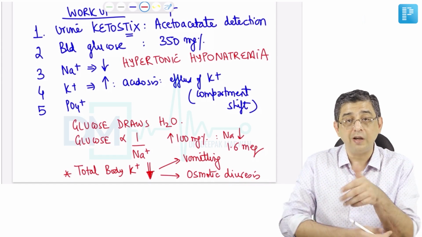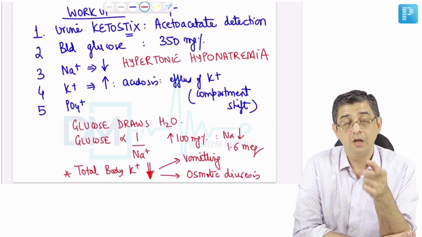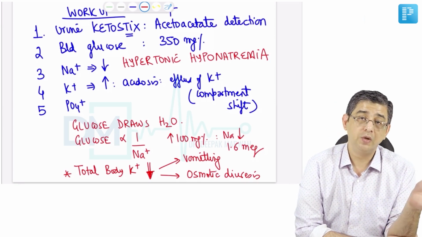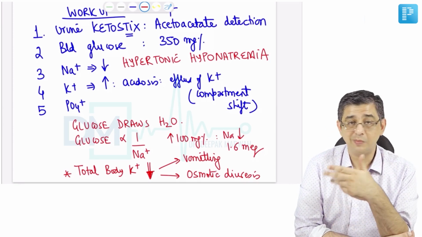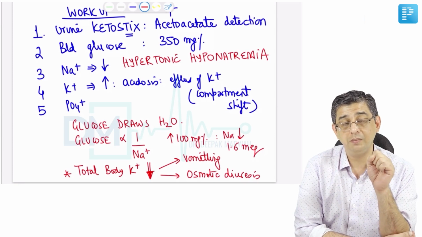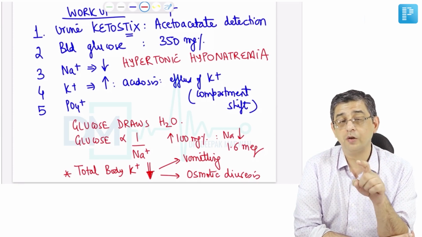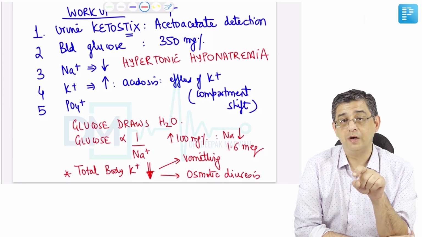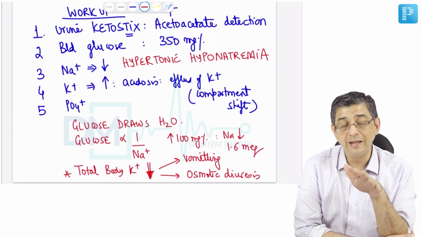And why are we studying this? The importance is, when we will treat the patient, that is when the potassium will start going inside the cells, because when you correct the acidosis, potassium goes inside. That can cause hypokalemia. Hypokalemia can trigger arrhythmia, torsades de pointes. So in diabetic ketoacidosis treatment, you are in a very dangerous wicket.